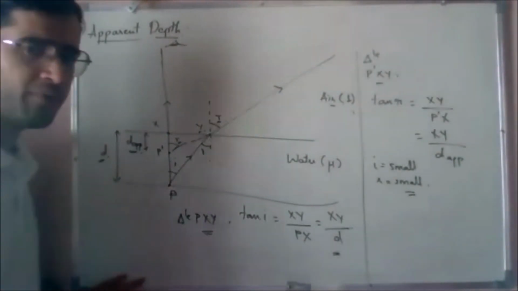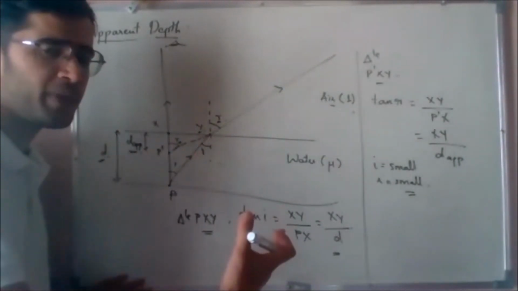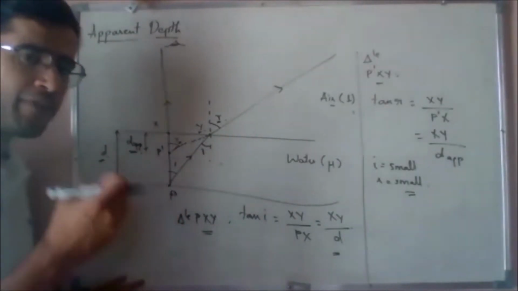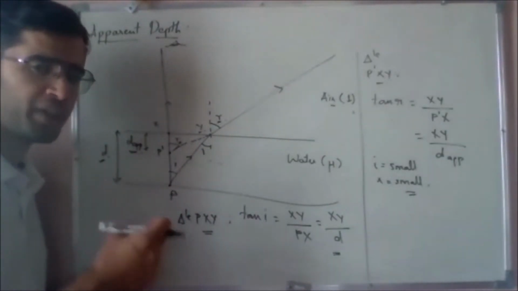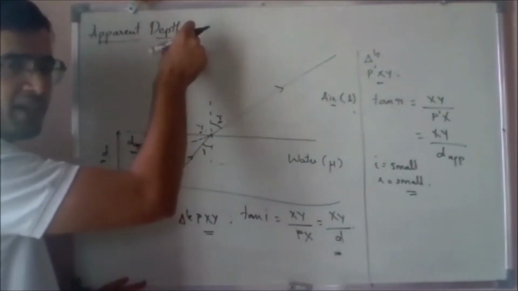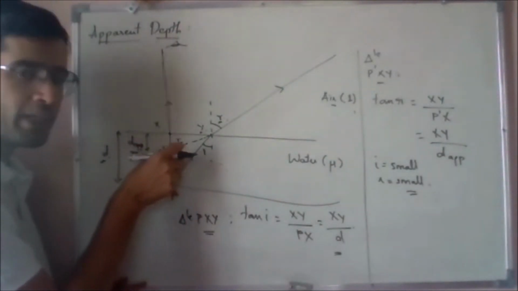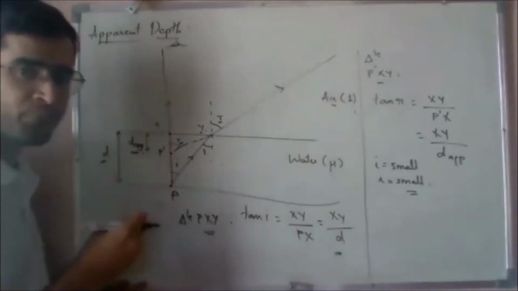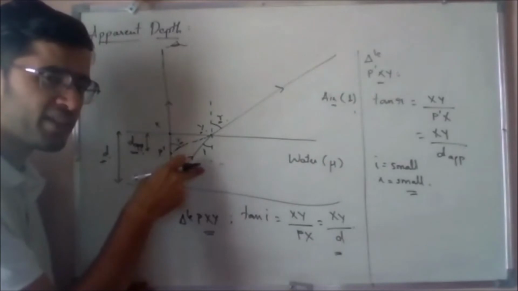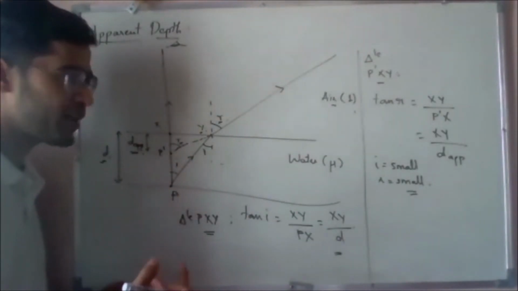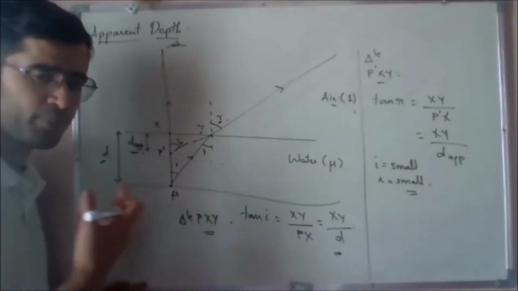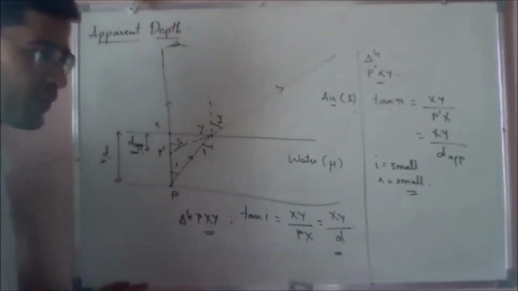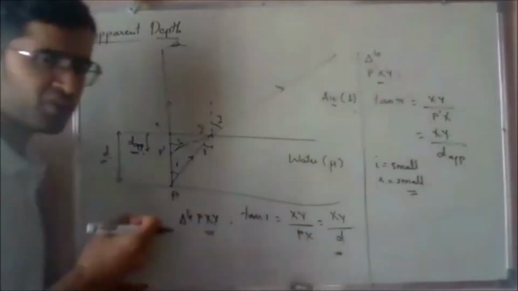And if your angles are small, we can write tan I to be equal to I to be equal to sin I, right? Please understand why we have taken the assumption that your angle of incidence is small over here. Since these rays must be incident on a person's eye, these two rays must be pretty close to each other. So this ray must actually be somewhere over here to be incident on this person's eye, correct? So that means your angle of incidence should be pretty small. And if this should be incident on a person's eye, then the angle of refraction should also be small, right? So both your angle I and angle R are small over here.